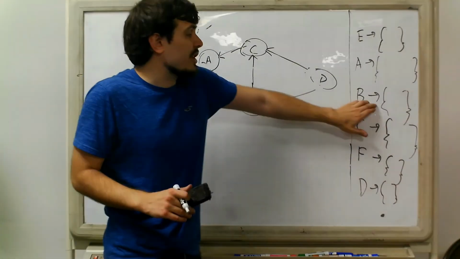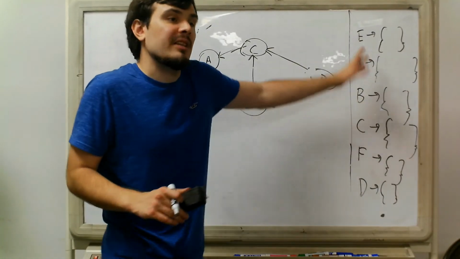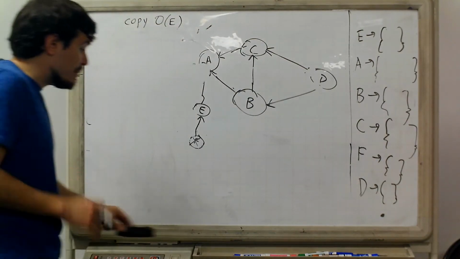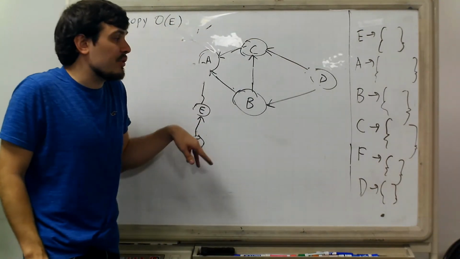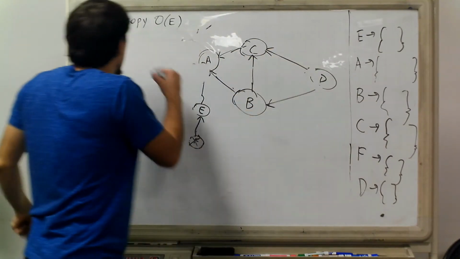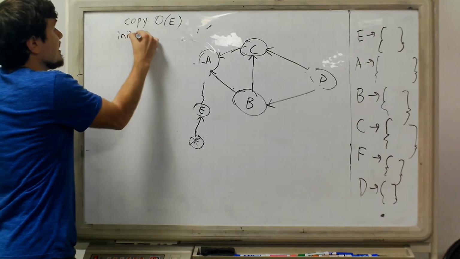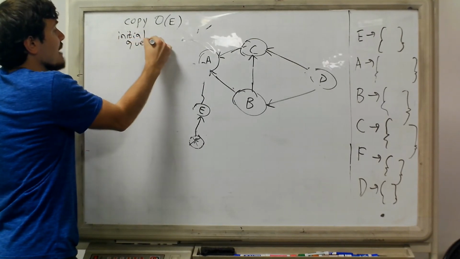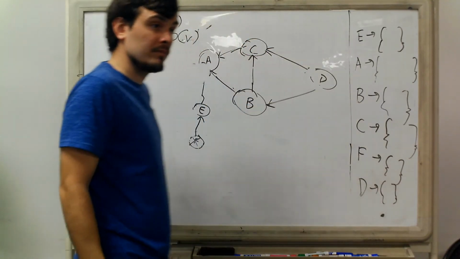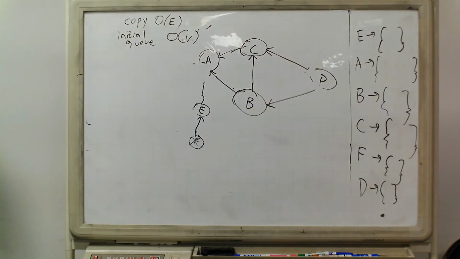We might have to restructure these lists as sets. That's another copy-like operation. We'll include it in here. It's still order E. And then we have to do one scan through the graph to find everything that's empty. That's order V, to basically build the initial queue, the initial empty list. Just scan and find everything that's empty here. And then finally